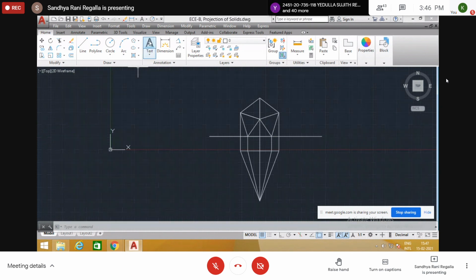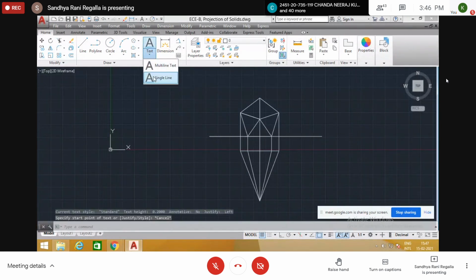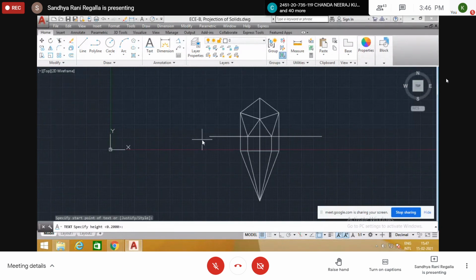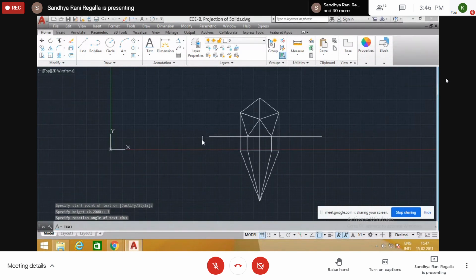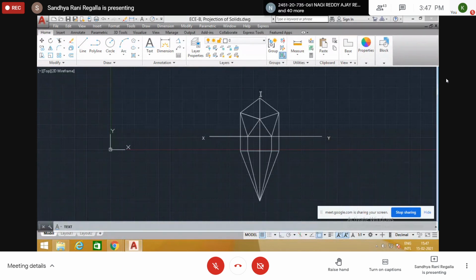Now give the notation. X, this is Y. Here a dash, b dash, c dash, d dash, e dash, and at the center we put this as o dash.